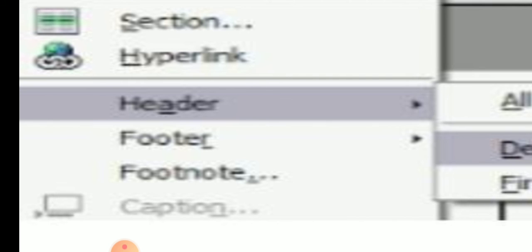The header and footer buttons are found in the header and footer groups of the insert tab. By clicking on the header button, select the edit header option, and you can see a built-in dialog box, and we follow the same manner for the footer option. A design tab will appear on the ribbon, and you will find a header box with dotted lines on the top of the page. By clicking on the header or footer box, we can type whatever we want.